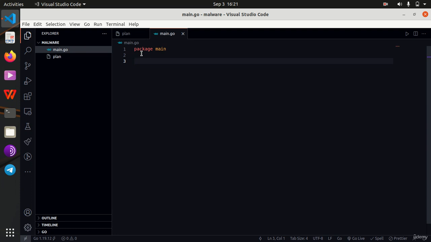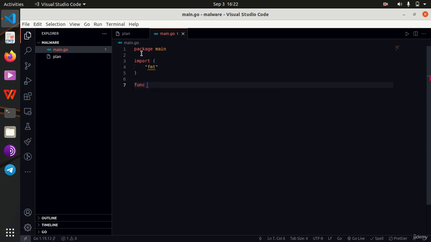So this is our Hello World program, and that means that we are going to be printing out the text Hello World on the terminal. So I'm going to import a package for standard input output, and that is fmt in Go. And once that is done, we are going to create our main function. Now, if you have worked with other languages like C and C++, you understand that execution starts from the main function.